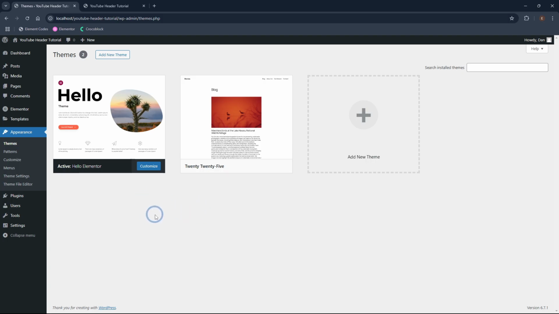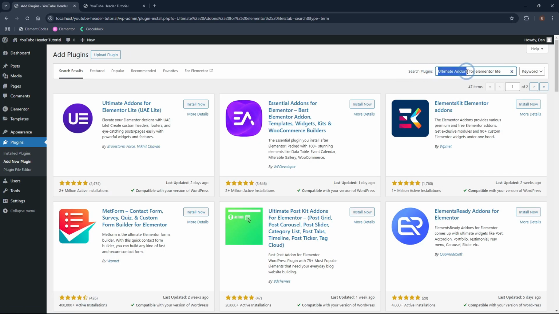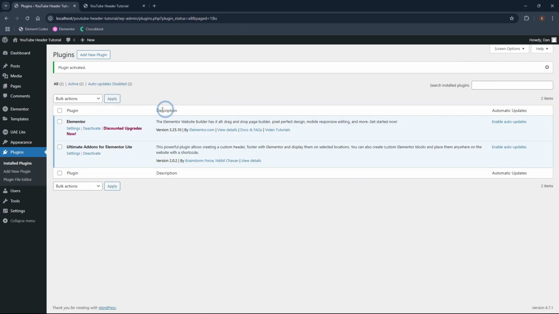So first, head to your WordPress dashboard, hover over Plugins and click Add New Plugin. In the search bar we should enter Ultimate Addons for Elementor Lite, and we should install the first plugin that's listed here by Brainstorm Force by clicking Install Now. After the plugin is installed, we should click Activate, and on our left side we will see UAE Lite options